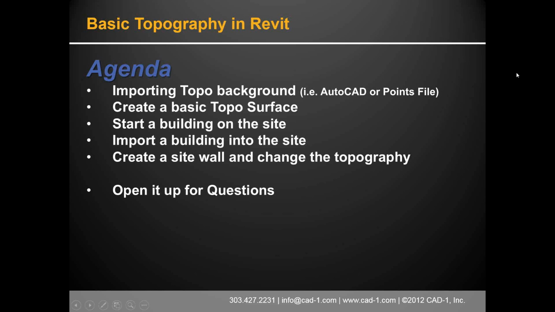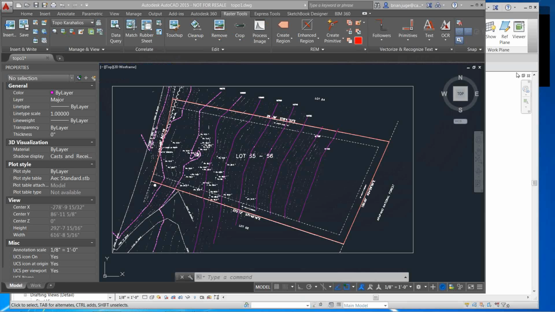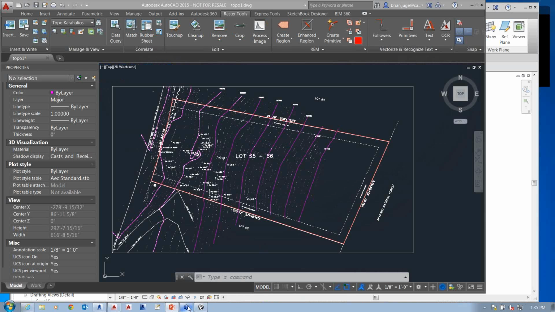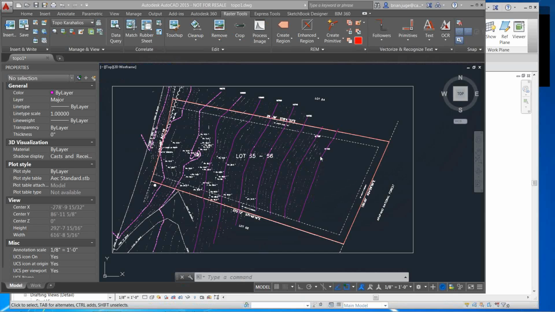So get in and escape, and lo and behold, I'm going to start with something you might not be familiar with, but that is going to be AutoCAD. So really, I'm going to jump into AutoCAD. I know this is Revit, but I just want to point out that a lot of times you're going to get